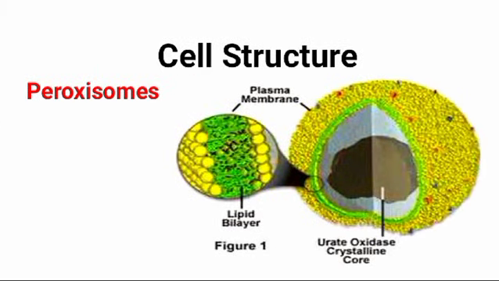Now the peroxisome is surrounded by a lipid bilayer membrane which regulates what enters or exits the peroxisome. The urate oxidase crystalline core structure is similar to that of the lysosomes but with a different